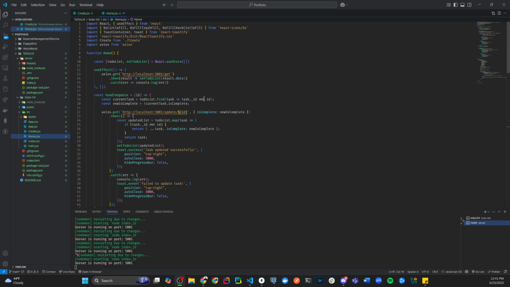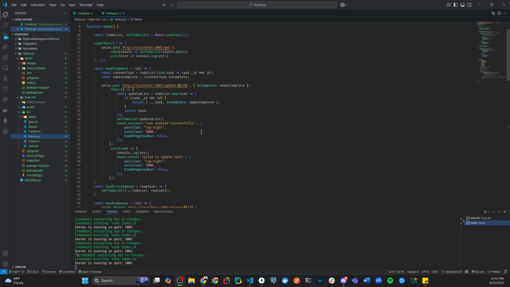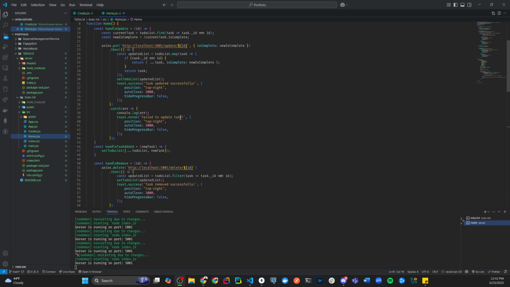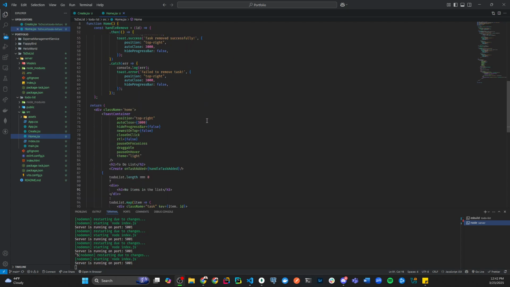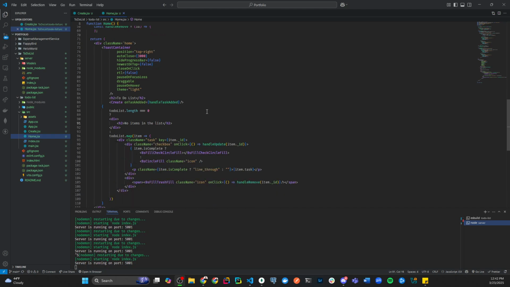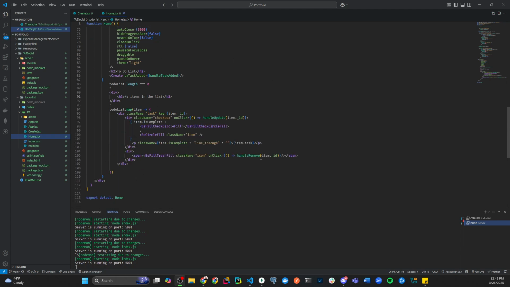So here we have our front-end components. We're just going to take a look at those really quick. This is our homepage component here that we'll be looking at in just a moment in the application. As you can see, we have all our logic for our lists, updating our lists, adding tasks to our lists, removing them as well. We also have some toast notifications that will appear when we add, update, or remove items from the list. And then you'll see this is the mapping of the list that we have that we pull